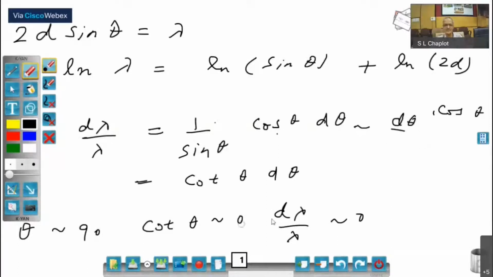Okay, good. Anyway, the point is that if your theta is, let's say, about 1 degree away from 90, so let's say it is 89 degrees, then sin theta is almost 1, and cos theta will be about 90 minus theta, a small number. You can work it out. So you can get an extremely high resolution in the backscattering geometry, and that is the essential concept used in the backscattering spectrometer.